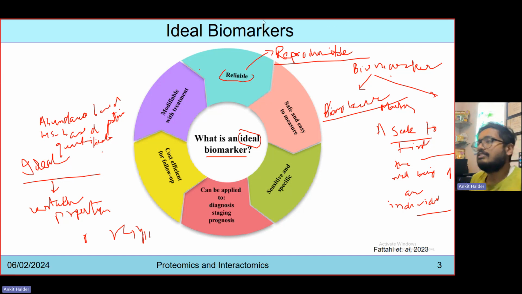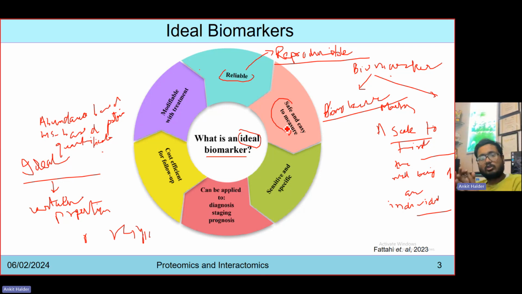Next is that it should be safe and easy to measure. Now, when we talked about a few different technologies, one was the autoantibody screening. The thing is that a biomarker helps us understand whether an individual will be prone to a disease, or, if the individual is already in the disease condition, whether it will become aggressive or not. Then it should definitely be safe